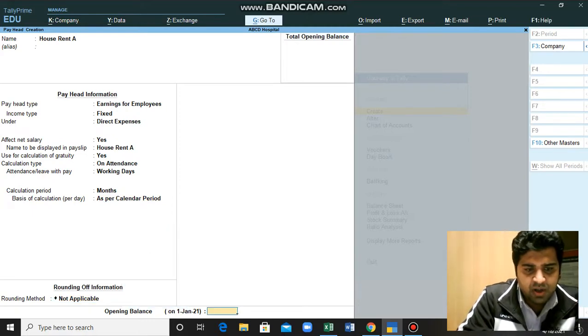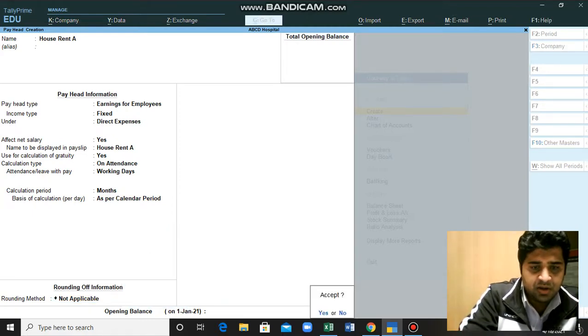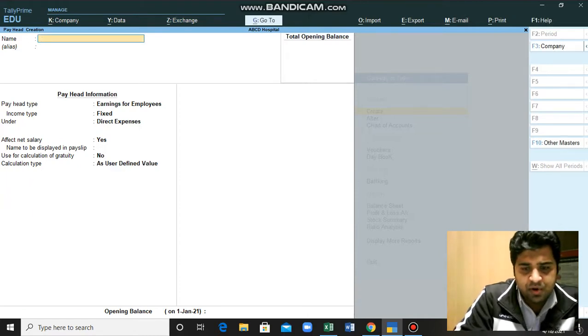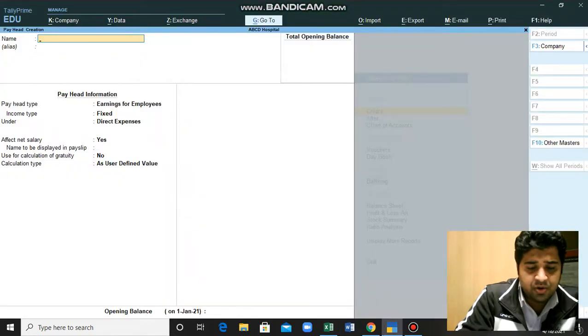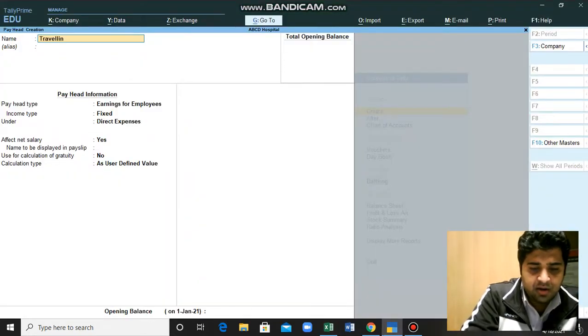Rounding method not applicable, right? Okay, then yes, we have created our two heads, the basic salary head and house rent alongside. Traveling and conveyance we still need to enter. So here traveling allowance, for instance,